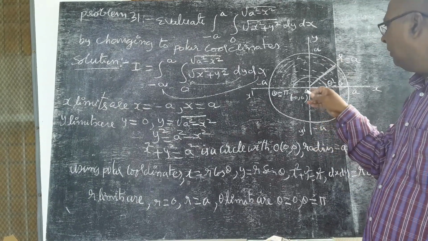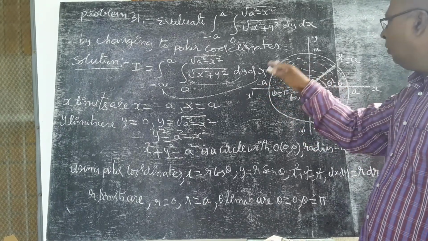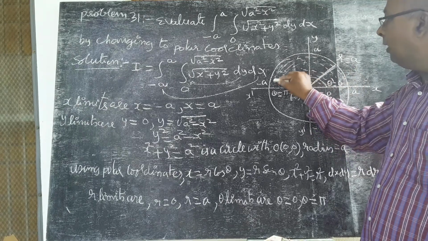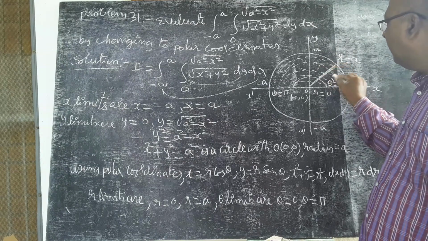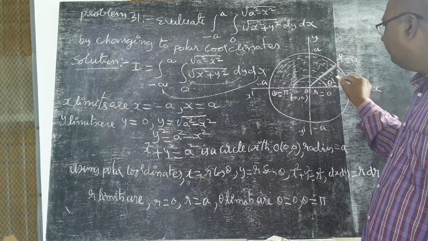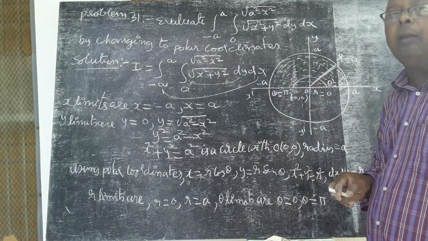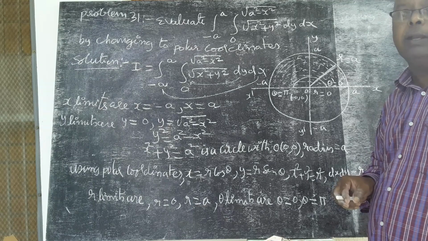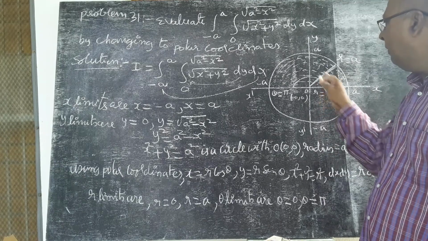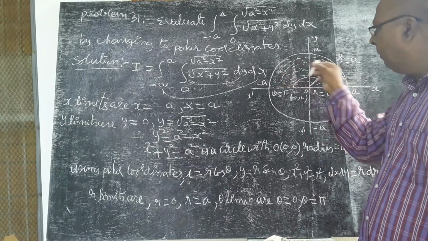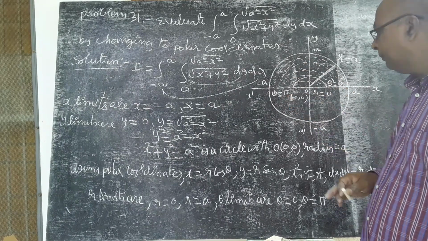Observe the diagram. So this is our circle. Here x is equal to minus a to a. So the above part, the required region, is half of the circle, the upper half. For this region only, we have to write the r limits and theta limits. R limits: r is equal to 0 to r is equal to a, radius a. Theta limits, to cover the region, moving the strip like this, theta is equal to 0, theta is equal to pi.